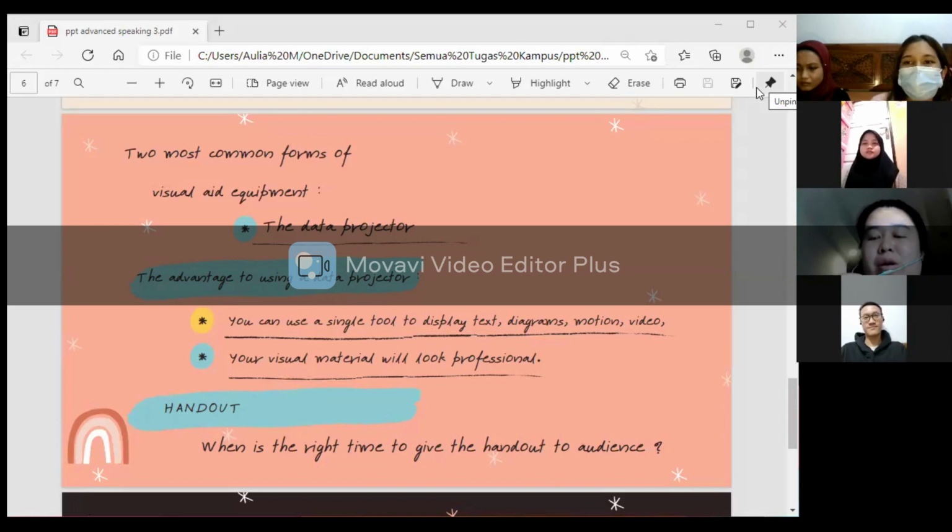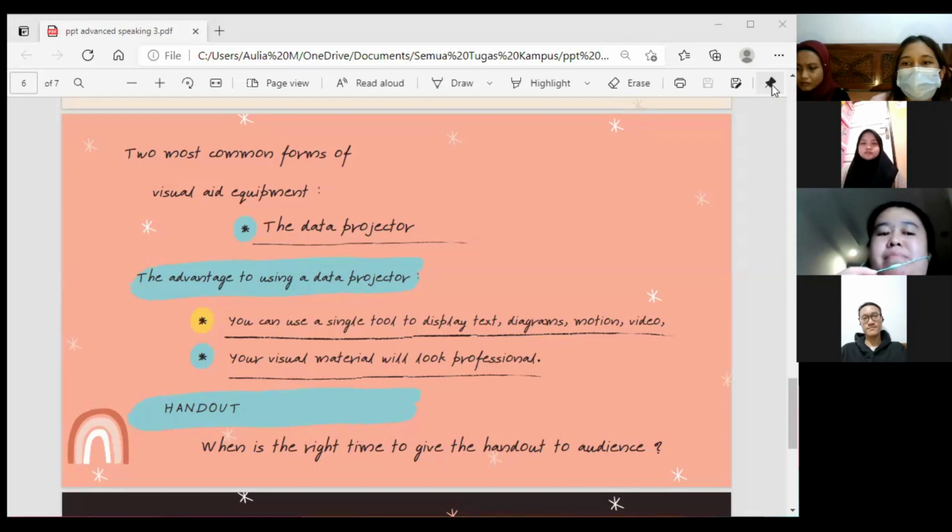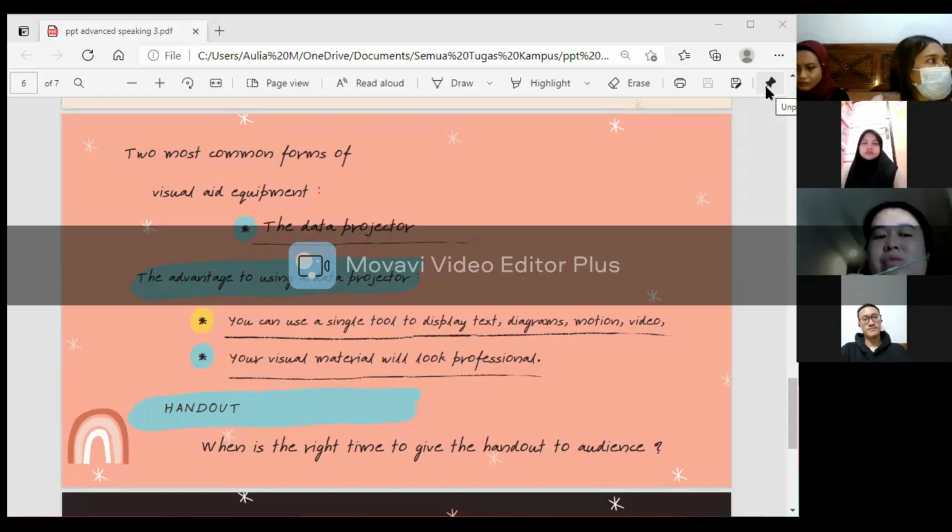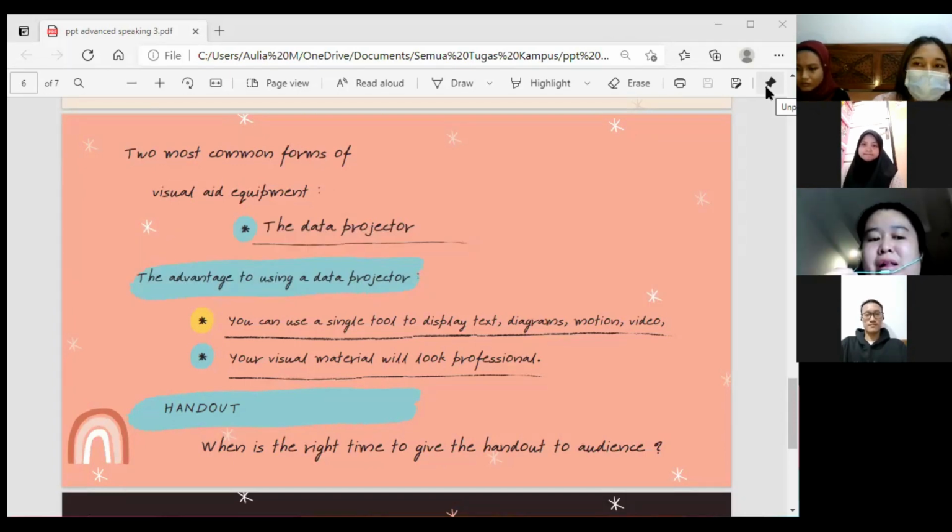And then next, you can build up an image step by step or highlight the aspect you are talking about. And next one, you can update your material at any time, even at the last minute if you want to change it, it's very possible for you. And next, your visual material will look professional. That's all about the advantages of using a data projector.